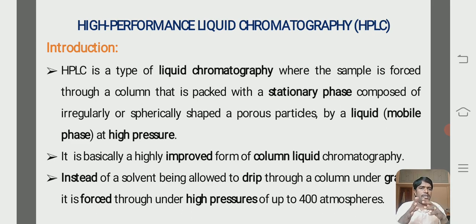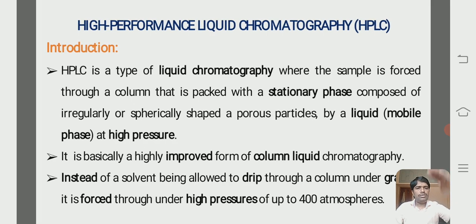It is basically an improved form of column liquid chromatography. What we discussed in the first session, column chromatography, this HPLC is nothing but an improved form of it. Here in this HPLC, instead of a solvent being allowed to drip through the column under gravity,